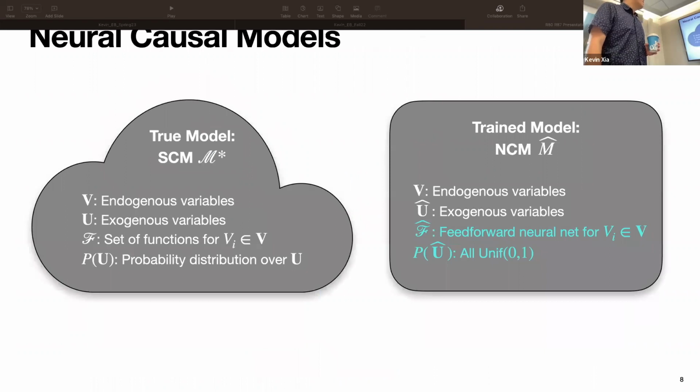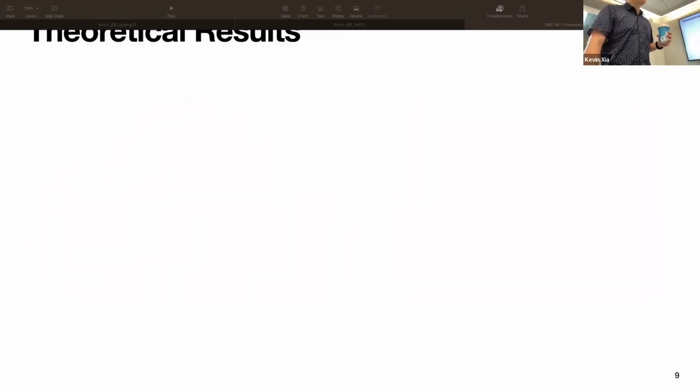So how would this neural model be designed? Well, let's just take an SCM, and for the functions, we'll replace them with feed-forward neural networks, for example. And then for the noise distribution, let's just use uniform 0, 1 because it tends to be very flexible. So intuition tells us that if we design the neural causal model this way, it is very flexible and we'll be able to learn many different types of functions. And indeed,